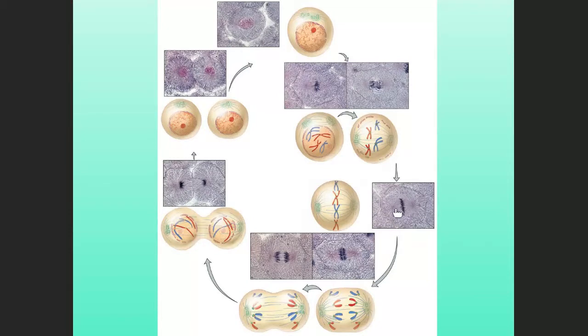This is the spindle. Okay, and in the next stage you see they are going to separate in a V-shape. This is the V-shaped structure in the anaphase stage, and this picture also shows the early anaphase, and this is the late anaphase stage, in which you see the chromatids separating. In the next stage,